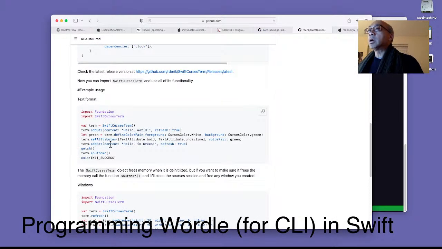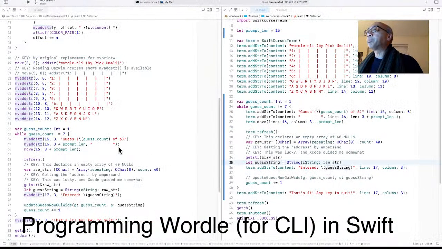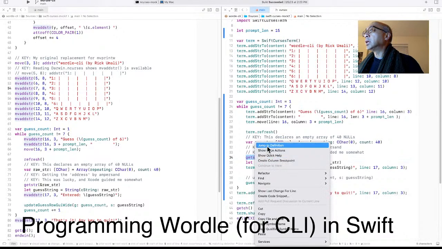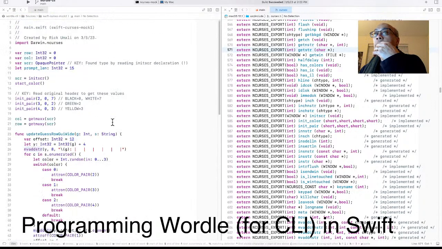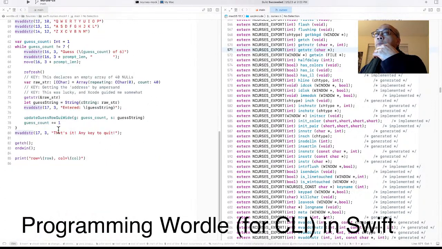Now, when I do that, it jumps directly to macOS 12.1 user include curses.h. And this here is the direct library that I'm using here. If I do the same thing here,